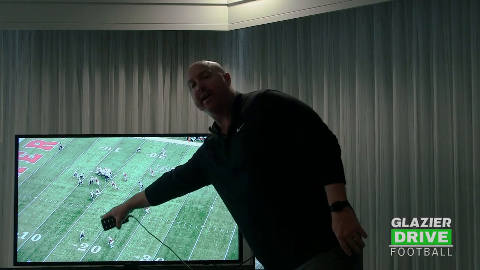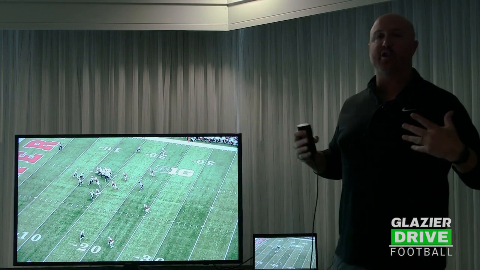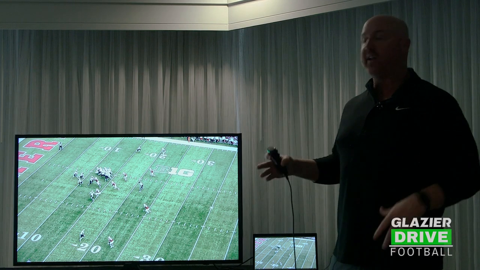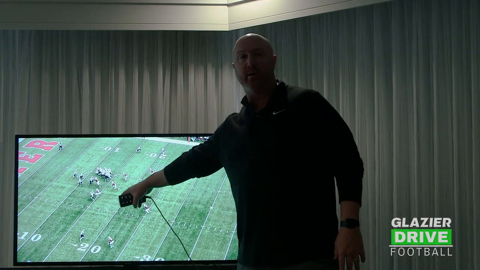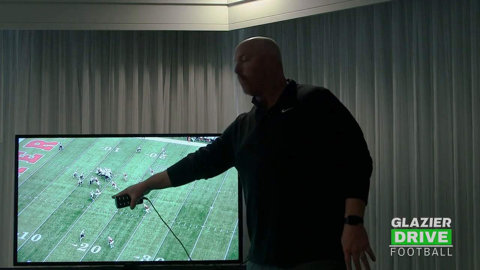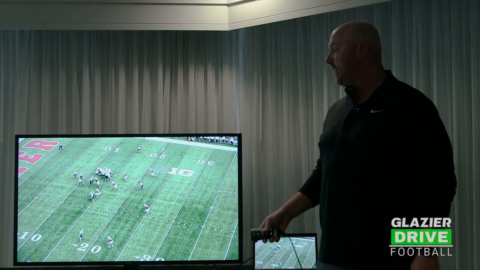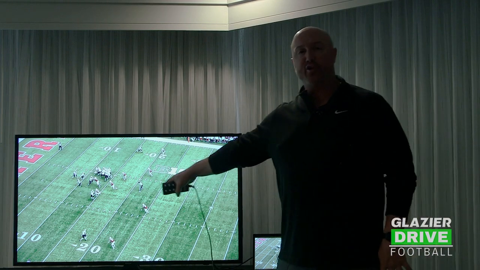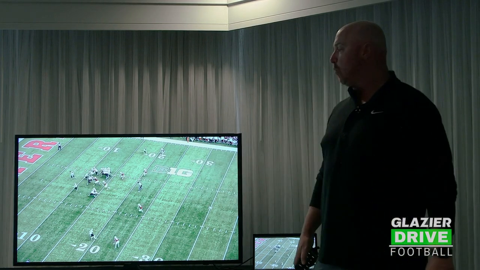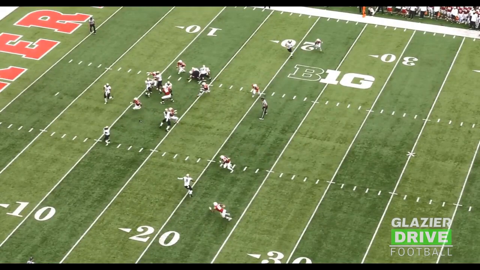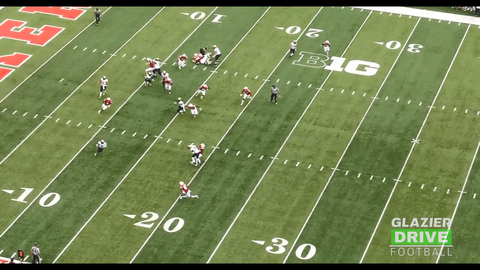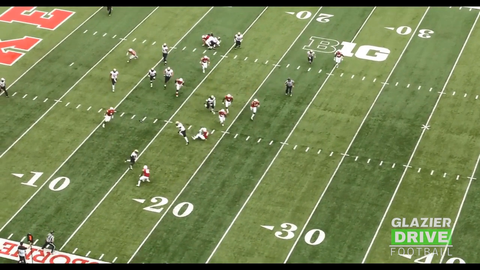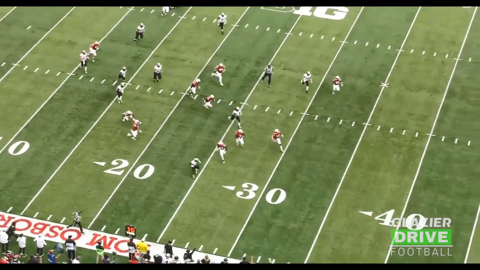And then our receiver out here is working what we call push crack, okay? It's quarters defense, so we know that the safety is going to fill as a run fit player, but the receiver outside has his rules. He knows he's going to push, so push means he's going to push vertical. If the safety triggers, then he will trigger, and he will go block him, a hat for a hat. So here, a good job by Jawan Winfrey, who's playing for the Packers. He does a great job, great block, right? Hat for a hat, and now we have our receiver in space, one-on-one with the DB,